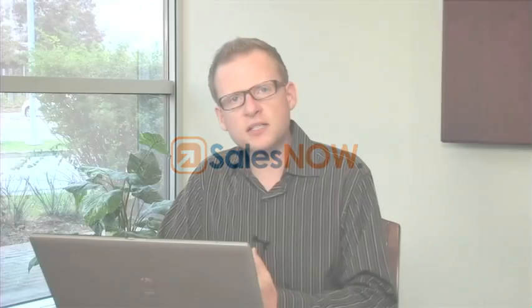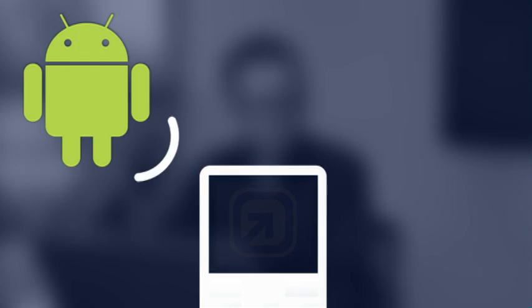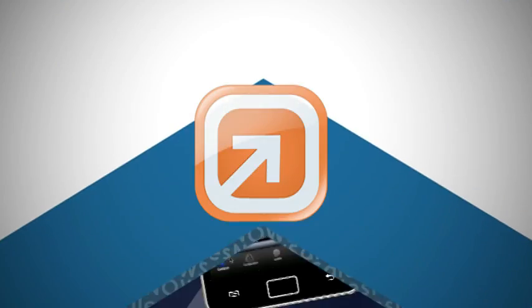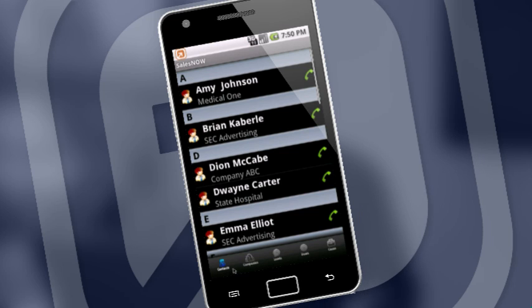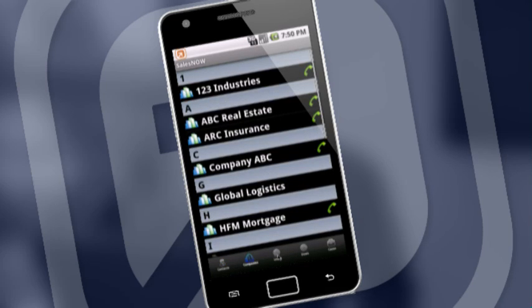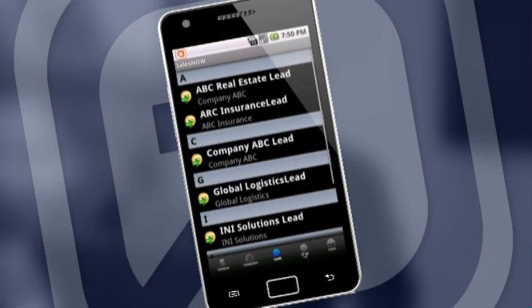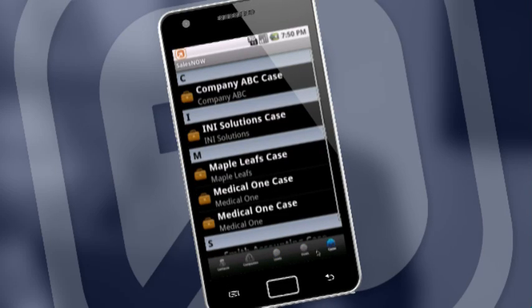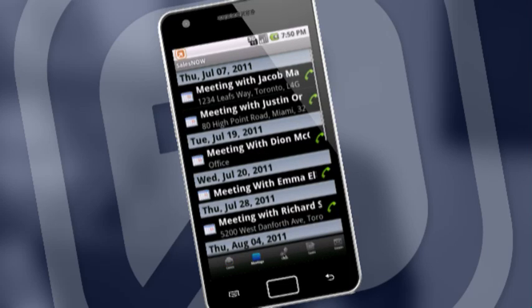Let's have a look at SalesNOW on the Android device. The application can be downloaded from the Android Marketplace, or a link to download SalesNOW on their Android can be sent from within your SalesNOW account on the web. So to begin with, there are the contacts, companies, leads, deals, cases, and if you scroll over, you've got meetings,